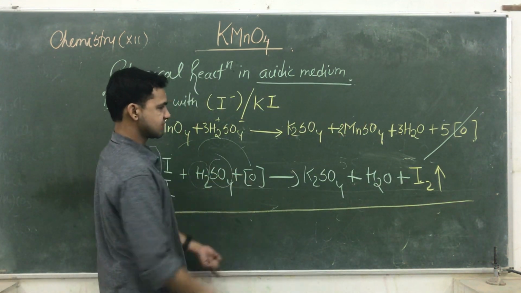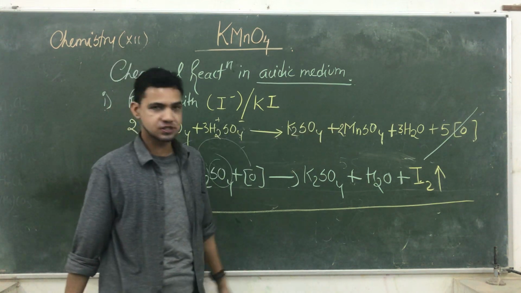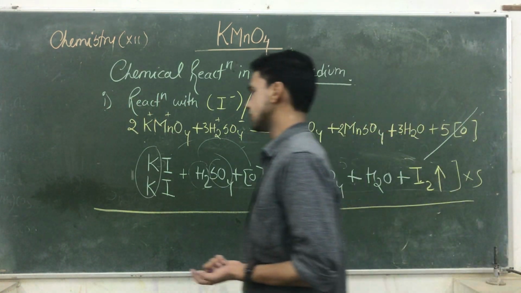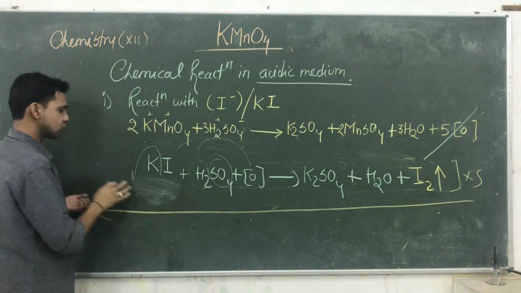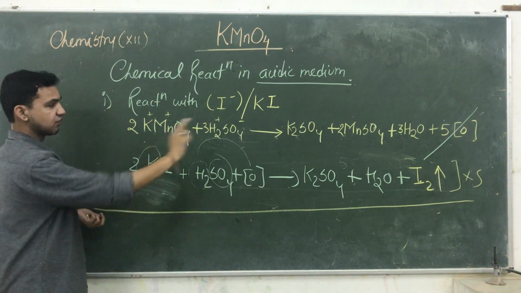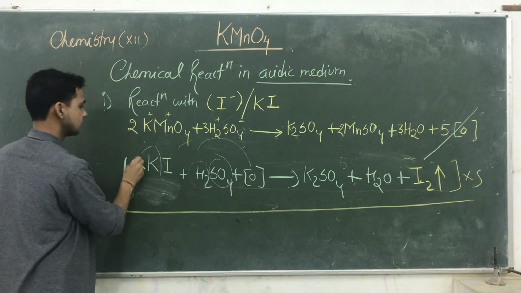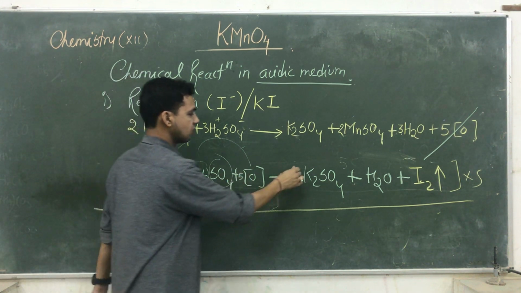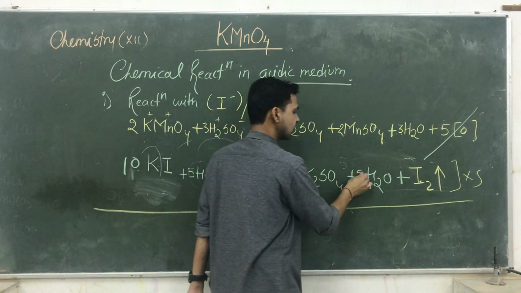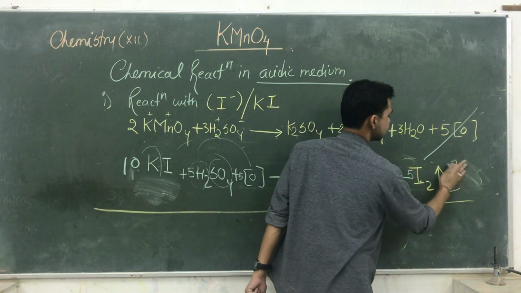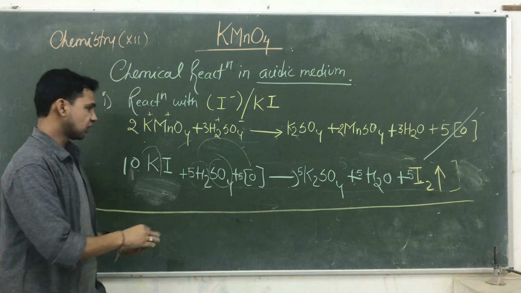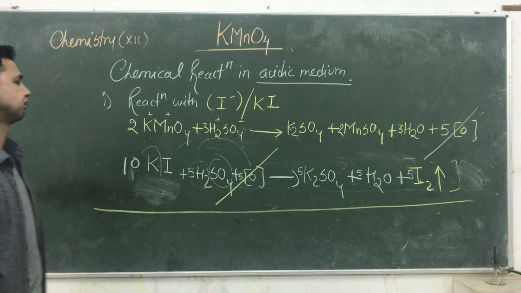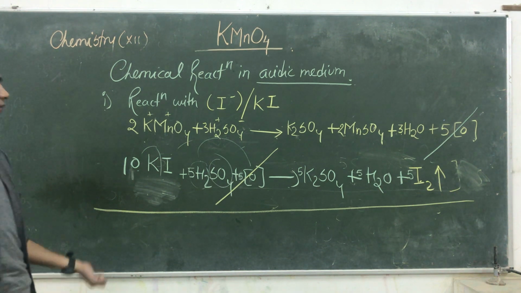Here one oxygen is consumed, there are 5 nascent oxygens produced. So we need to multiply the whole reaction by 5 because we need to balance it. इसको जरा मैं 2 KI को ऐसे लिख लूँ. Then 5 2 10 KI, 5 H2SO4, 5 nascent oxygen, 5 K2SO4, 5 H2O, 5 I2. We need to remove this. So the 5 oxygens cancel the 5 oxygens, H2SO4 and the rest are all equal.